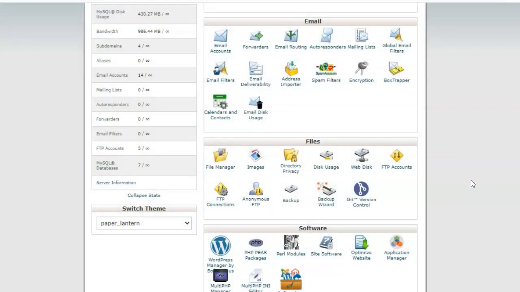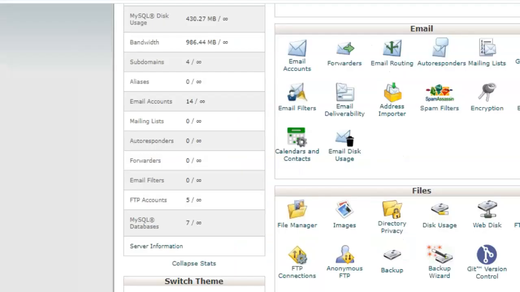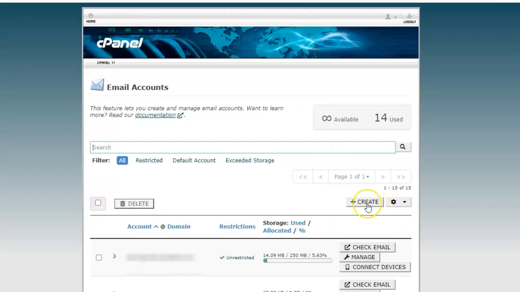Now that you have purchased the hosting for your website and you also have the option of adding business email accounts, from the cPanel, you need to go to the email accounts section, click on create,